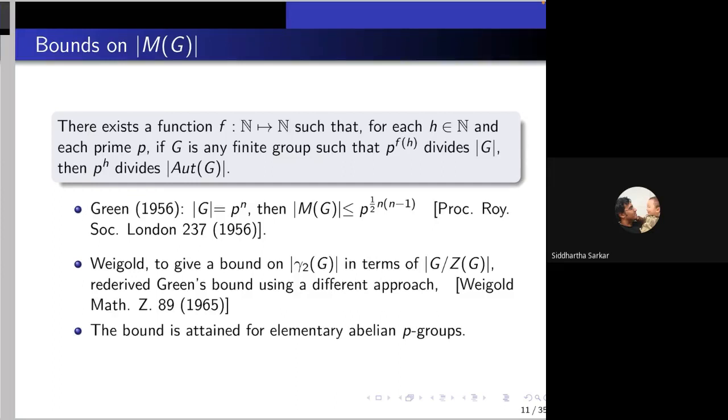This was conjectured in the 40s or 50s, I'm sorry, I don't remember. Then it was proved by Lederman and Neumann. The function was improved to a quadratic polynomial by Green, using the bound on the Schur multiplier of a group G. It's still open in the sense that people wonder whether this function can be improved to a linear polynomial function. Coming to our bound, Green proved that if the order of G equals p to the power n, then the order of the Schur